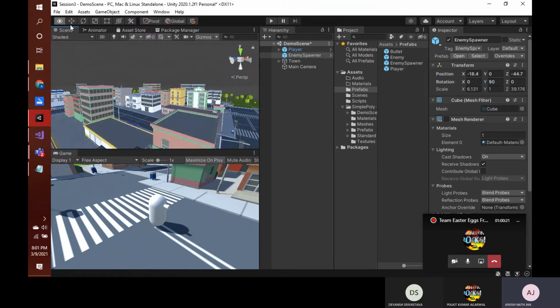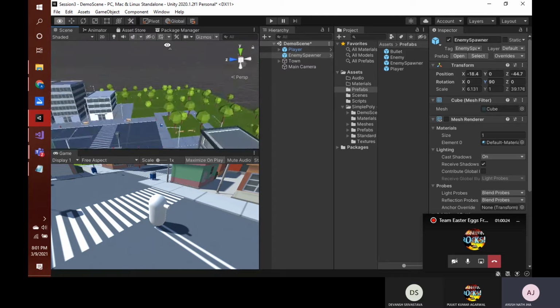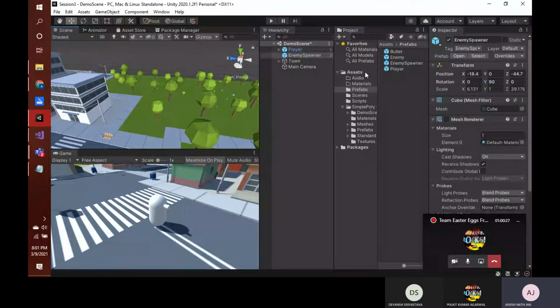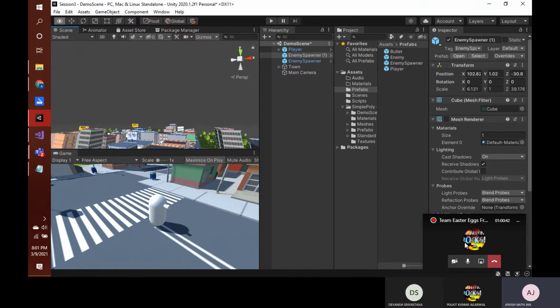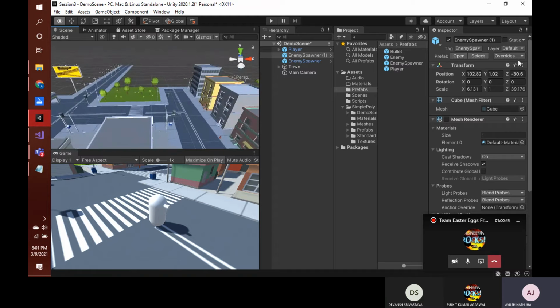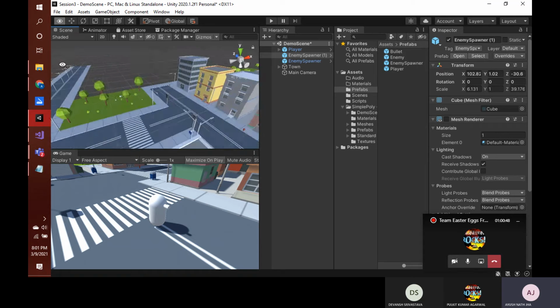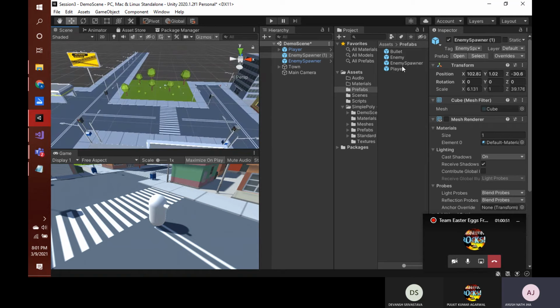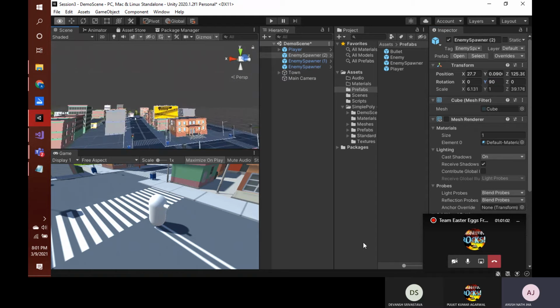Let's just add one more location, so that the map is diverse. We need multiple spawn locations. If we drag and drop another enemy spawner, yeah, we have this other location. Now let's fly by and add one last one here. Enemy spawner, and I'll just rotate it by 90 degrees. So I have just used three enemy spawners in this scene currently.